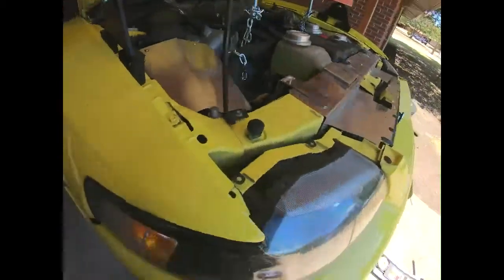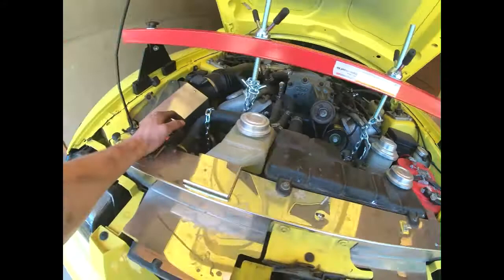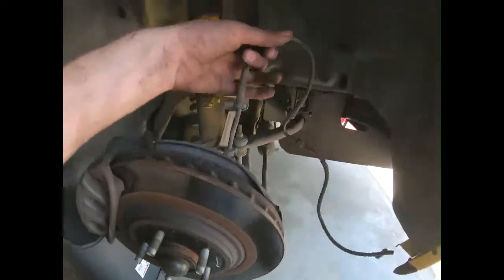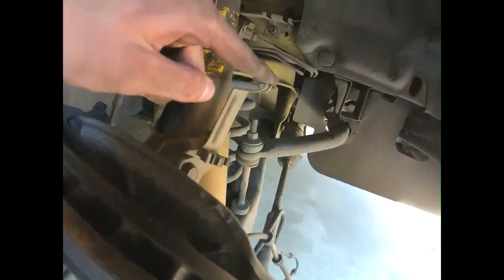So here we have a 2003 Cobra doing ARH long tube headers. So first step, get your wheels off and get it jacked up in the air. You're going to want to undo your ABS sensors, your wheel speed sensors. You don't have to take it out from where the sensor actually goes to the tone ring. Just take it out from here,